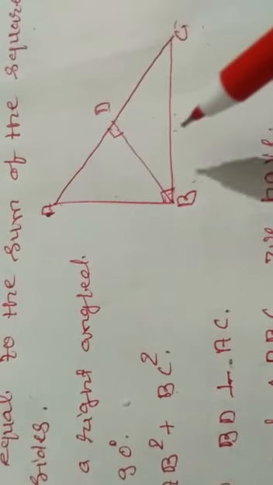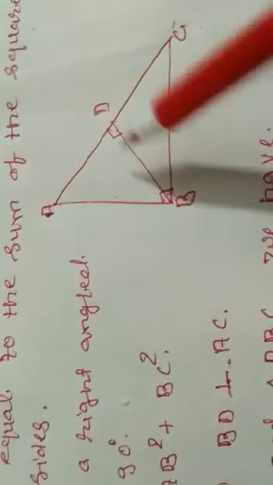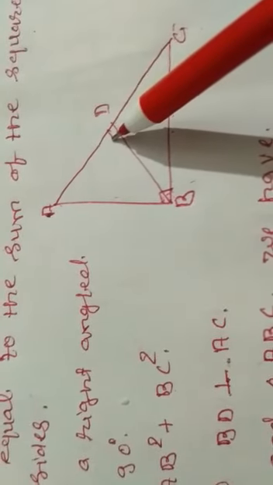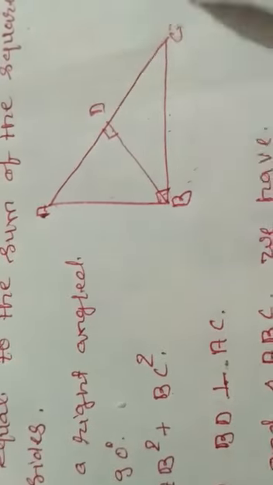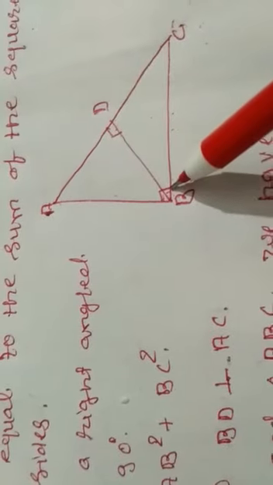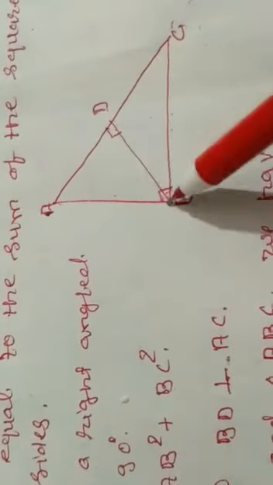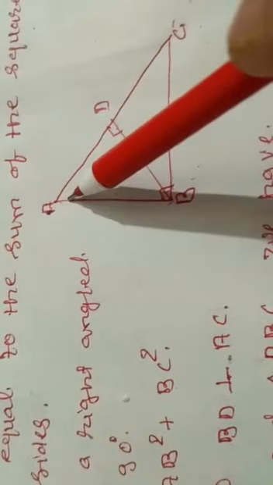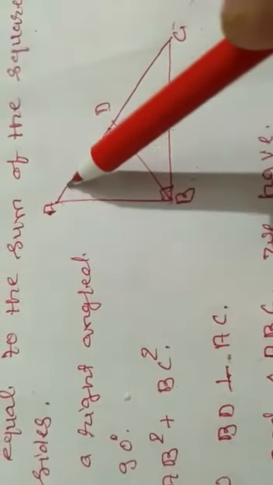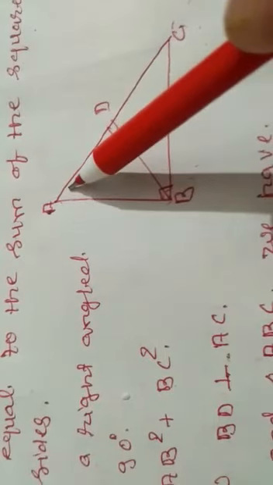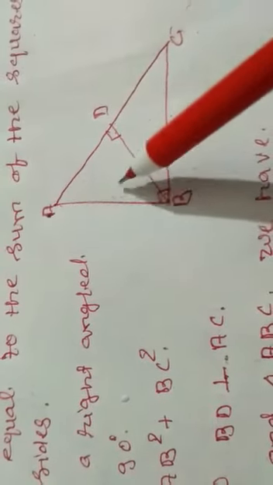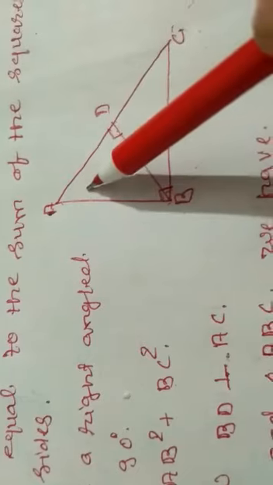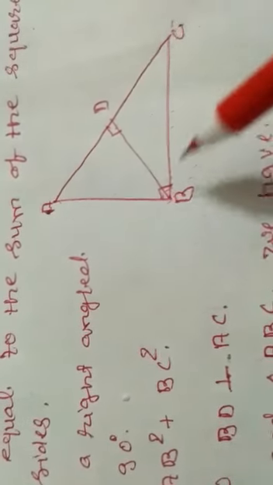As you can see, in triangle ADB, angle D is 90 degrees, and in triangle ABC, angle B is 90 degrees. So these two angles must be equal to each other. And angle A is common to both triangles, in the smaller triangle and also in the larger triangle ABC. So here we have mentioned it.